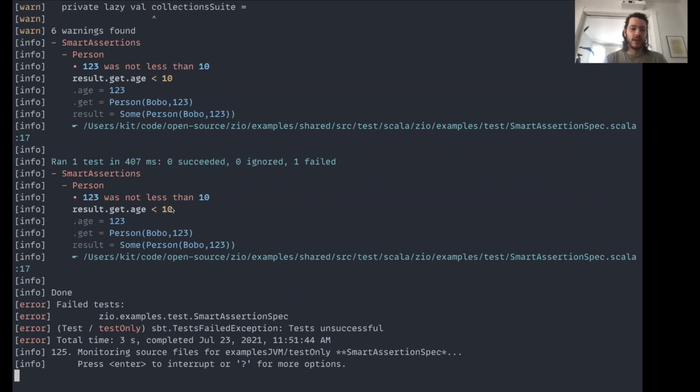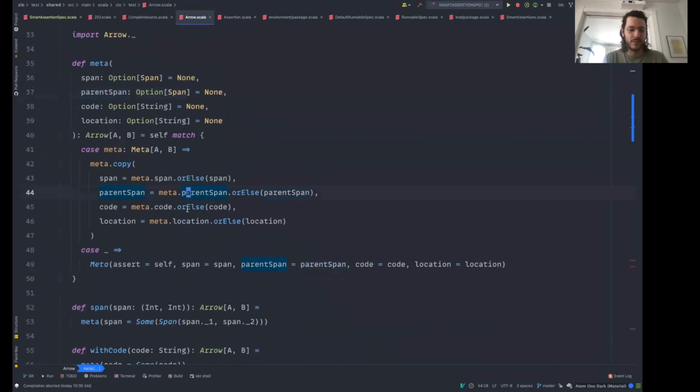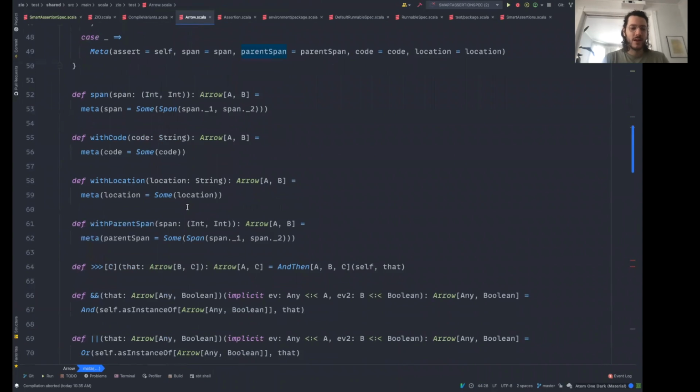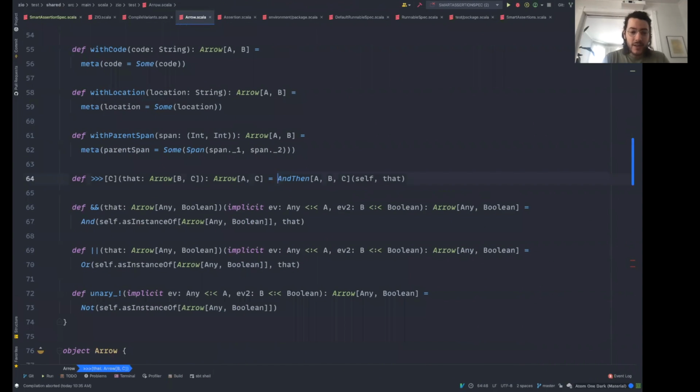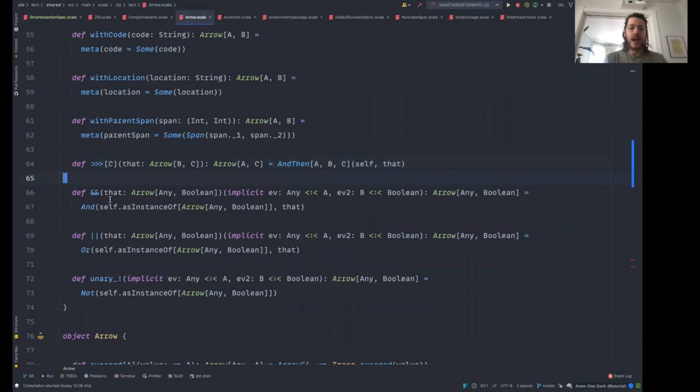And we also have some other metadata: its location in the source file, its parent's span, all these other things that it just needs for highlighting, which maybe can be simplified too. And just a bunch of helper methods. Here is the compose operator, which gives us back an and. And then it also subsumes this Boolean algebra as well. So there's an and, or, not. This could have been separated out probably, but it turned out it was just easier to